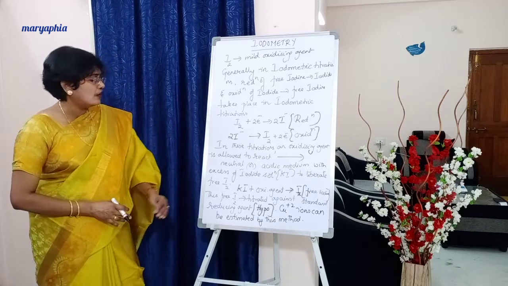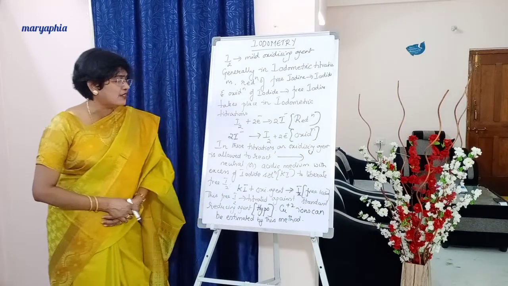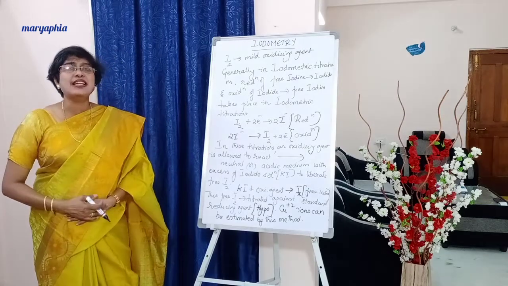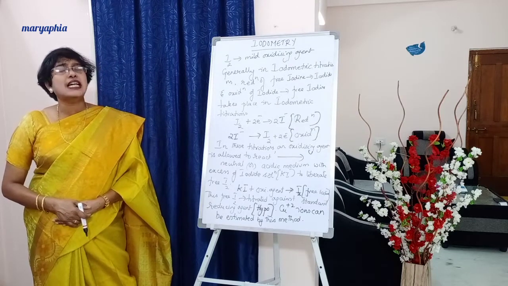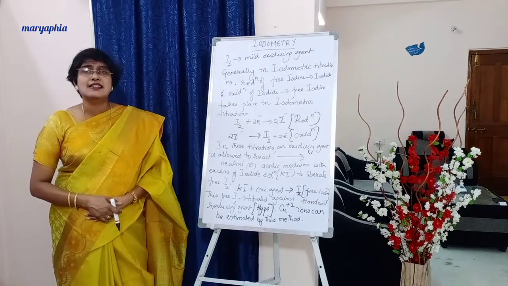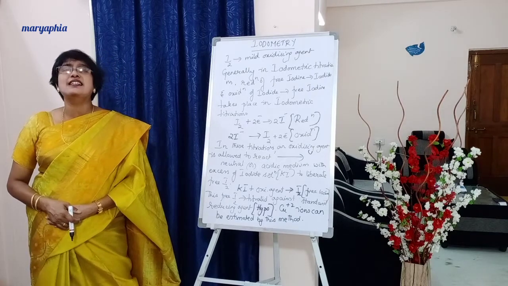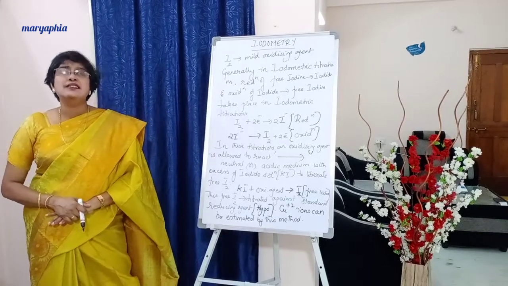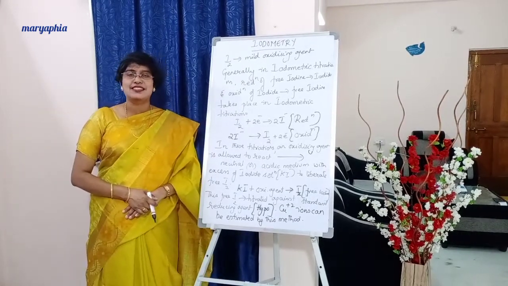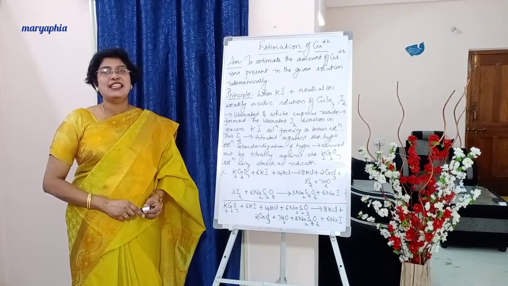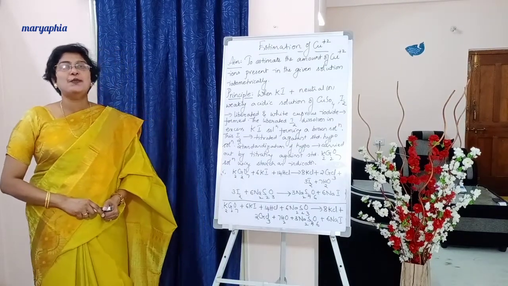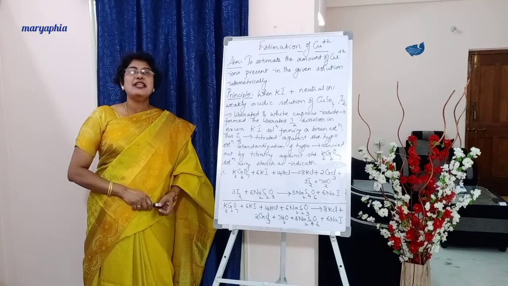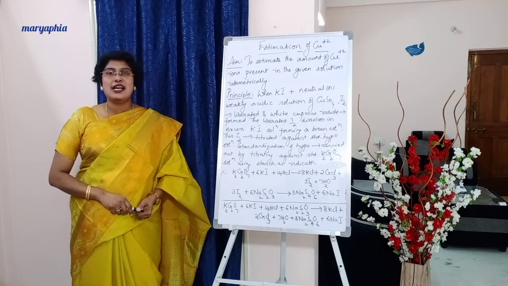Now the reaction is mentioned below, students. KI plus oxidizing agent gives us free iodine, and this free iodine will be titrated against sodium thiosulfate, which is commonly called hypo, and it is a standard reducing agent. Generally by this method we estimate the amount of Cu+2 ions. So students, now put the heading estimation of Cu+2 ions. Under iodometry, you can put the side heading estimation of Cu+2 ions.